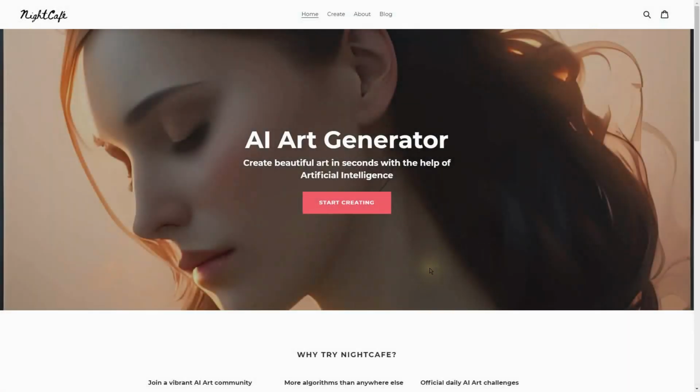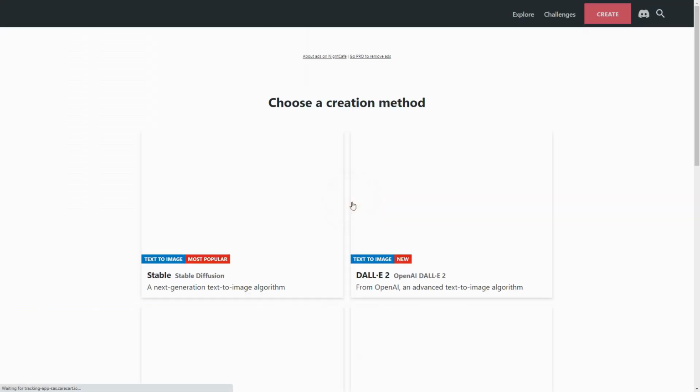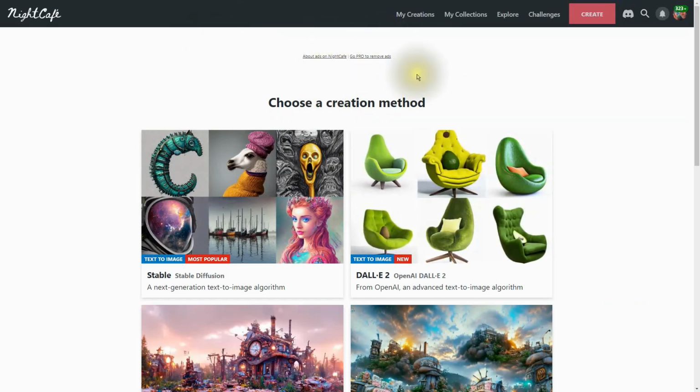And here we are on NightCafe's homepage, the AI Art Generator. I'm going to be using basically the basic version, not the pro version. That's why you see ads up here. You probably don't see them in the video because I'm taking those out, but there would be ads at the top unless you go pro. I'm going to be showing you how to make different works of art, as you see in the intro, and I'm not going to be using credits for the majority of these.